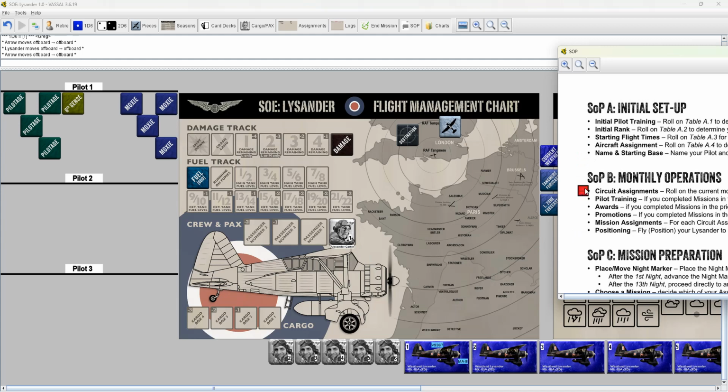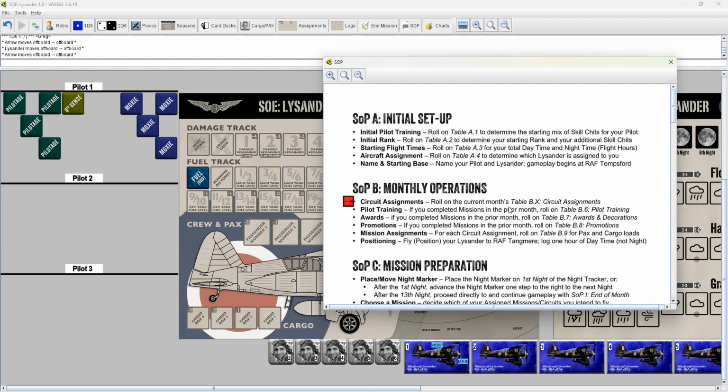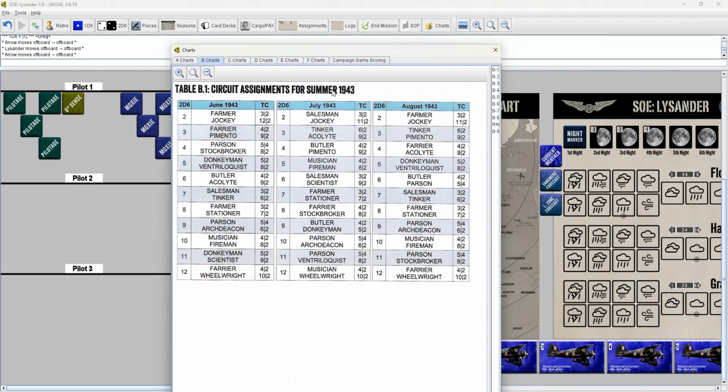Then we're going to go down to circuit assignments. Circuit assignments, rolling the current months. Table BX, circuit assignments. So current months. Let's see where I have that, BX. That's in the B charts. And we just started off the game, so